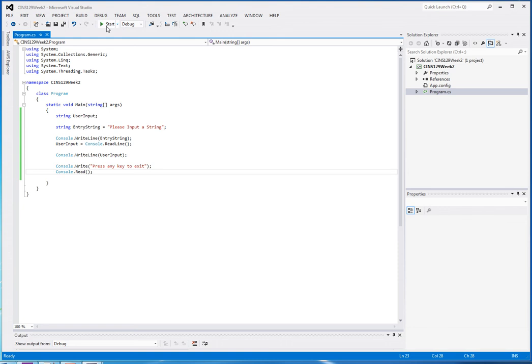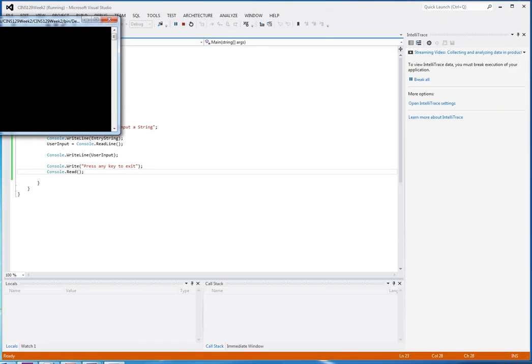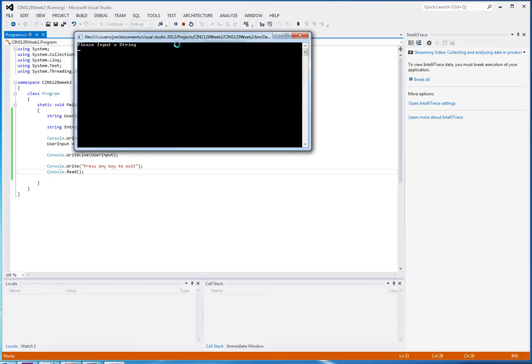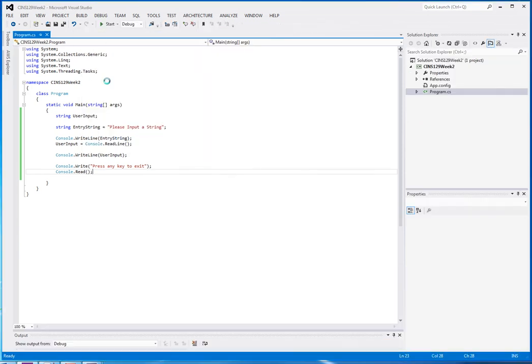Okay, now let's go ahead and run that, and it'll say please input a string. This is a string, and you'll see it's just going to write that same text out to the screen and then say press any key to exit. We put our pause in there, press any key to exit, and the program is done. So this is using the console.writeLine and console.read and assigning a value to that